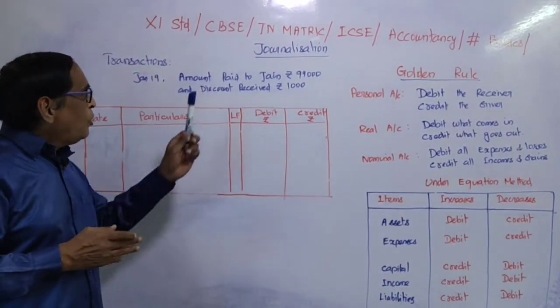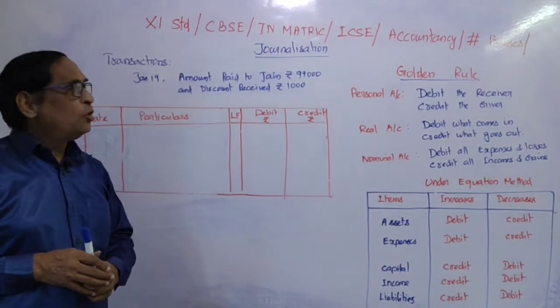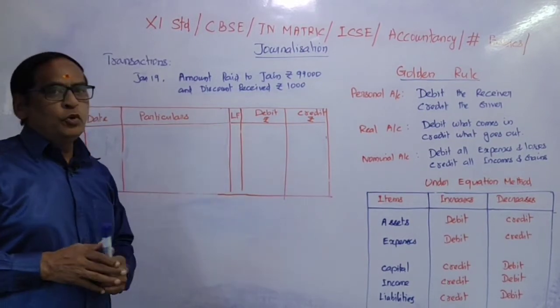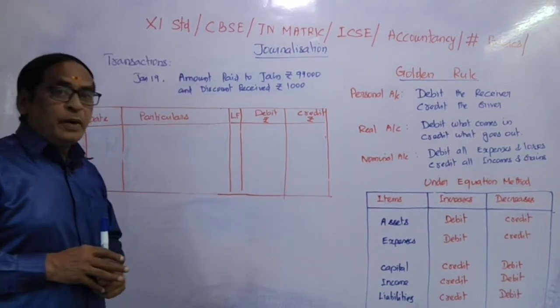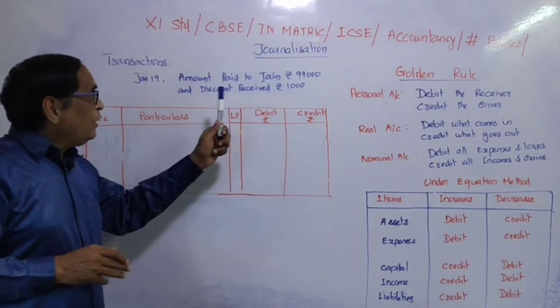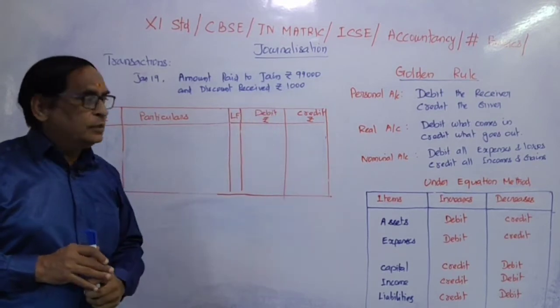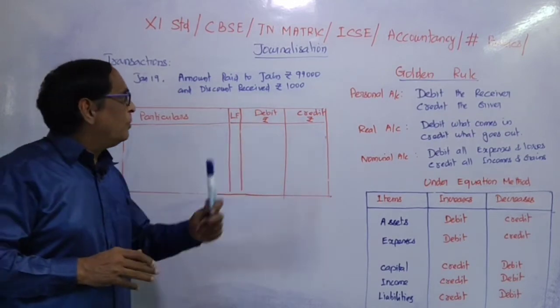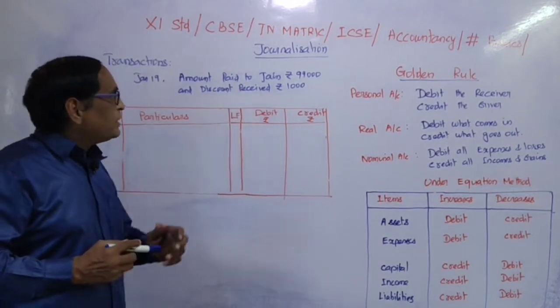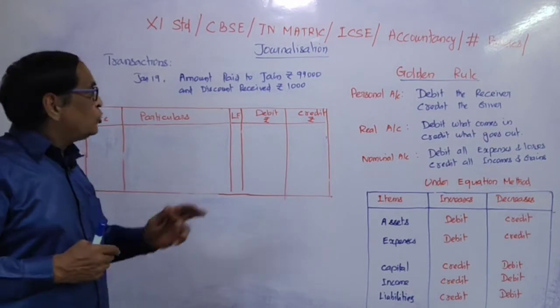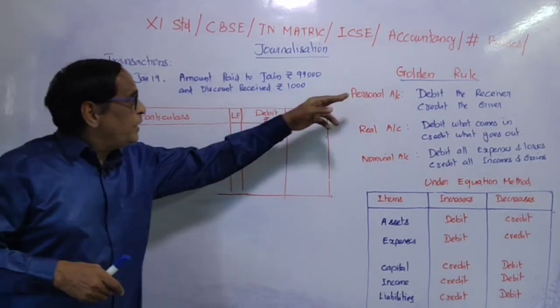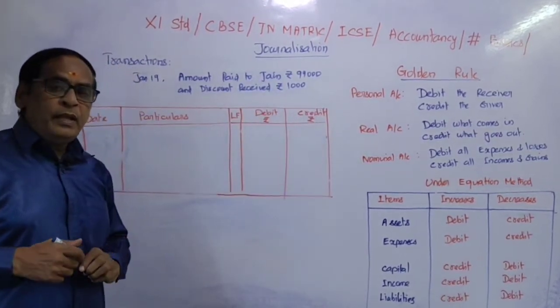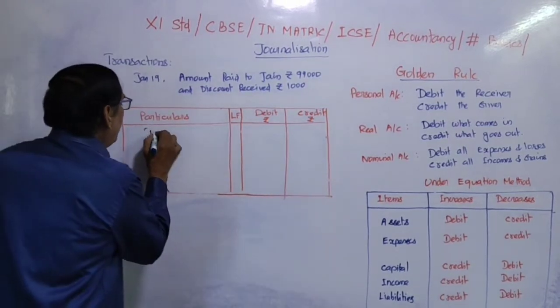19. Amount paid to Jain rupees 99,000 and discount received rupees 1,000. Actually we purchased for 1 lakh. Now we have paid only 99,000. The 1,000 rupees is discount received. It is an income. So Jain is the personal account. Now we are paying to Jain, so debit the receiver. How much we have to pay? 1 lakh rupees. So Jain account debit